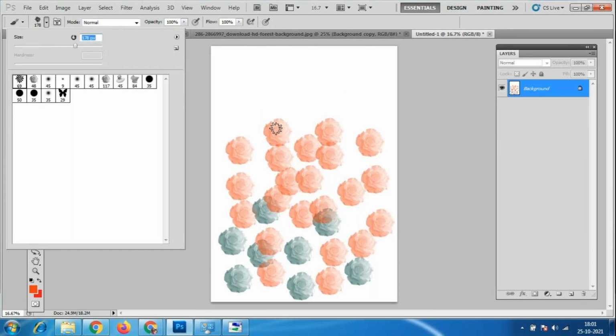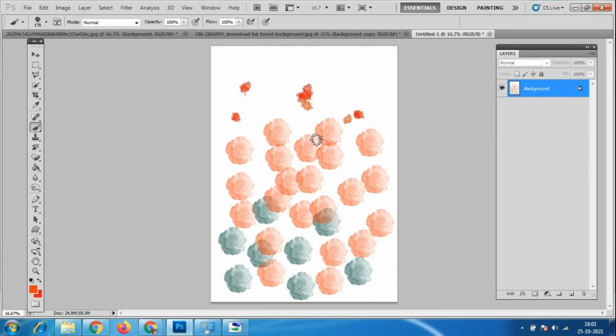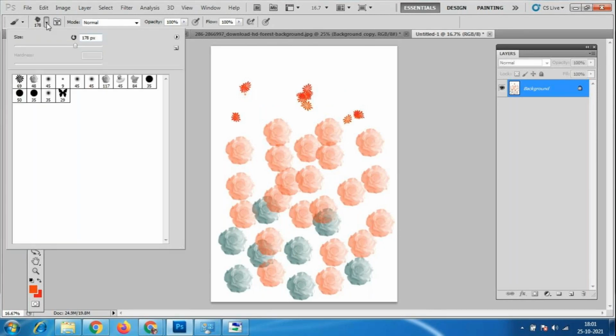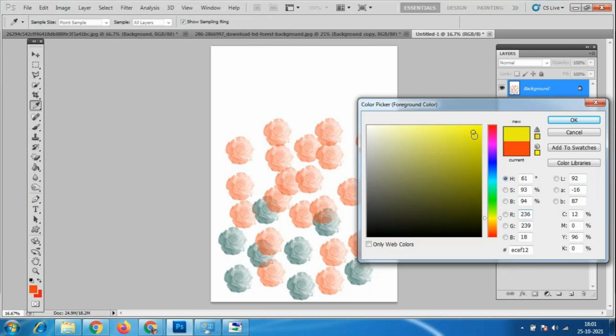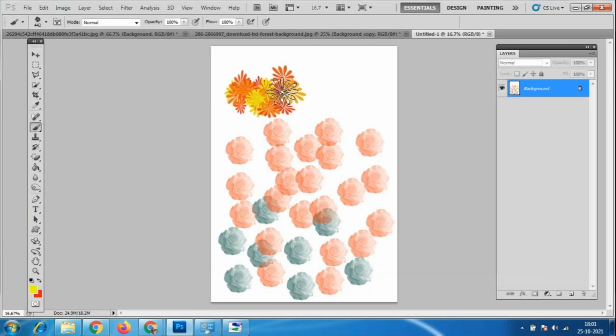Many people are using these brushes. See, as much as we increase the size of the brushes, here we have the same color. Suppose I want to make the color changes here, I'll just go to here, Control Z.